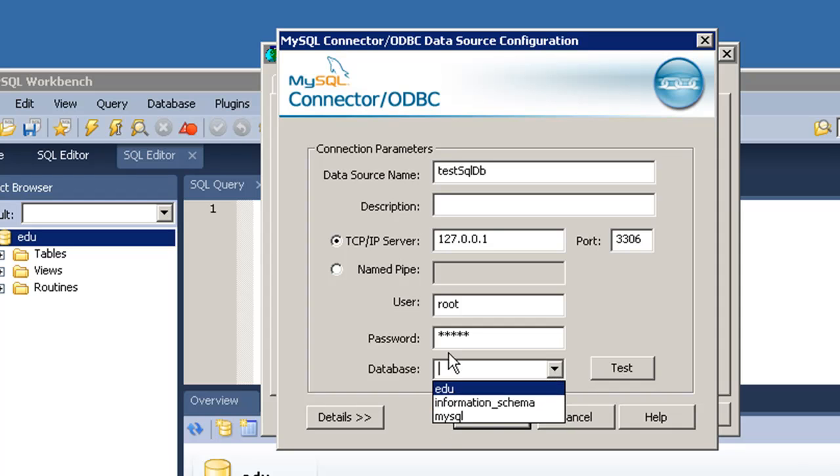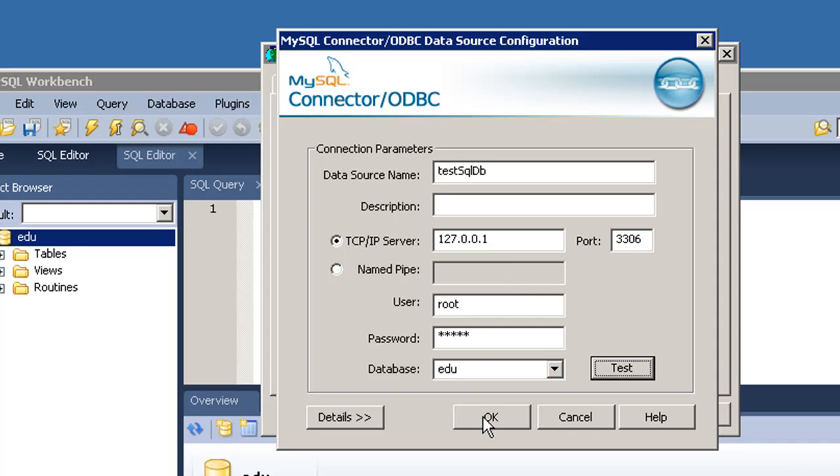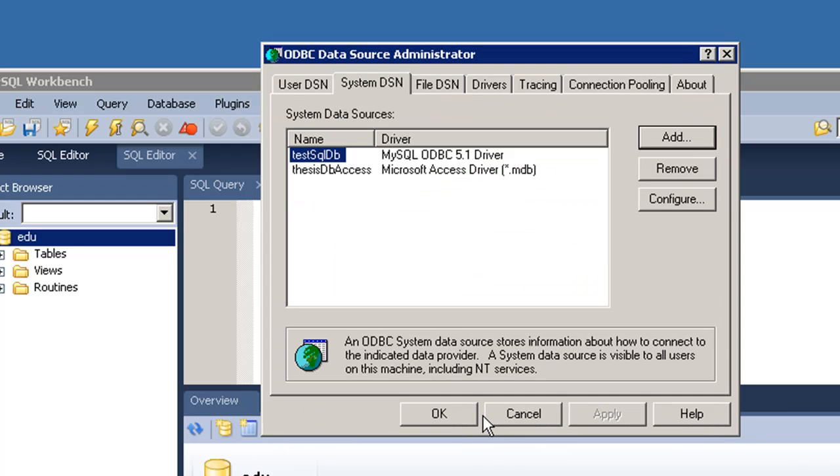Here the schema. So we will select edu, and we will test if there's a connection between them. So test. Okay, alright, connection successful. Okay, so far so good.